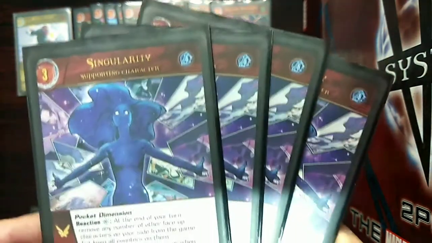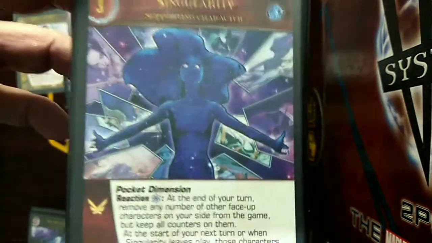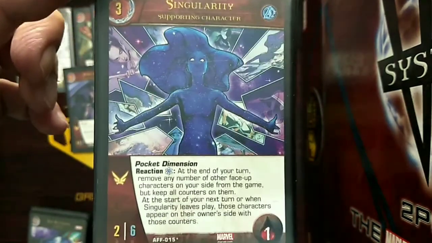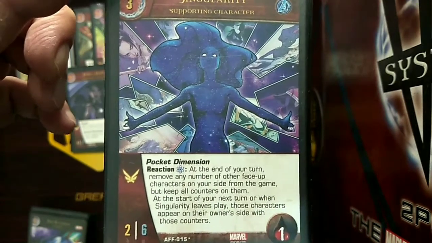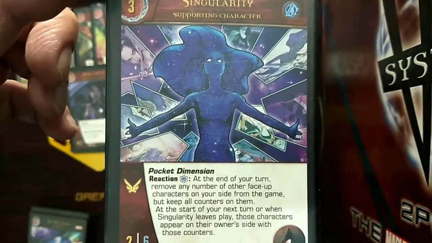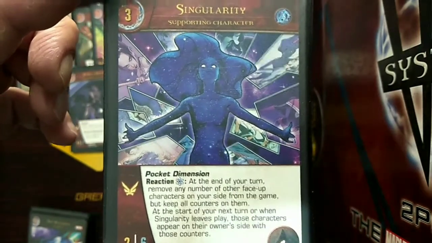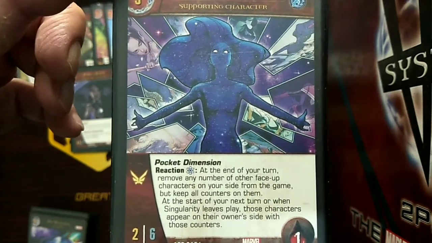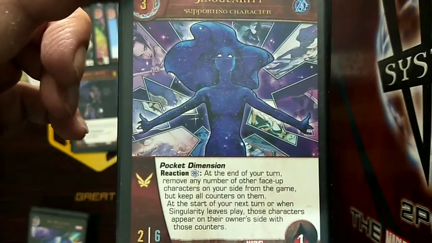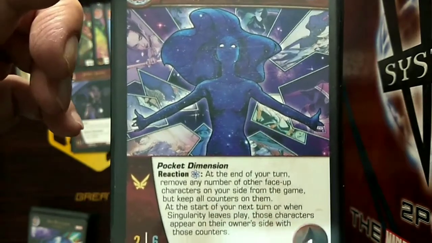this deck, and that is Singularity. So again, Singularity is a 3 cost A-Force supporting character with 2 attack and 6 defense and 1 health. She has flight, so normally I would like to position her at the back row, protected, because of her pocket dimension. So reaction during the end of your turn, you may pay 1 blue power symbol and remove any number